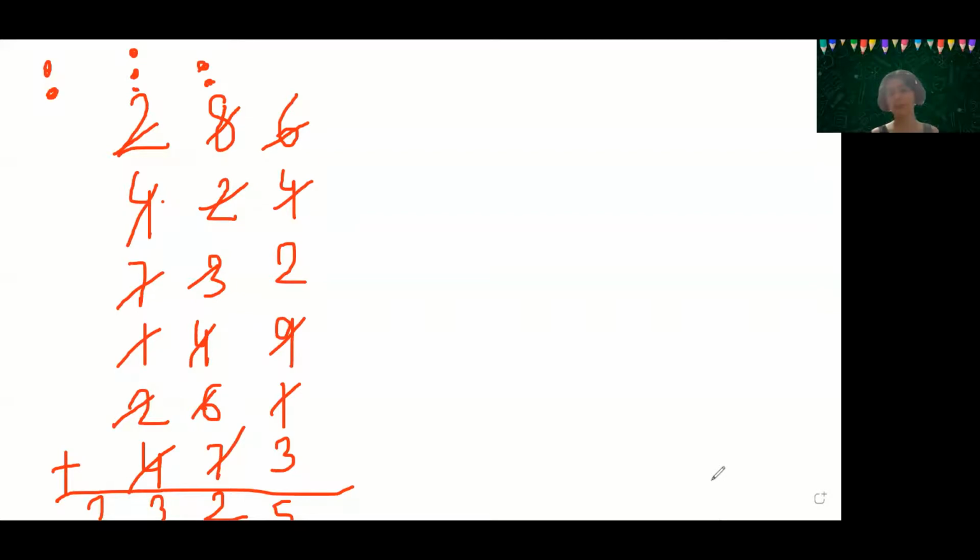I hope it is clear, everyone. Anuradha, Sanya, is it clear? Okay. So I hope every one of you like this method. It is the easiest method of doing the addition very fast. If you will see 6 plus 4, okay, 10 and 12 and 9 and 1 and 3, you will add in your fingers. It will take a long time. So we can do the addition even with the multiple numbers or multiple rows. If we have a big row also, we can do the addition. Okay, let me write the next number.